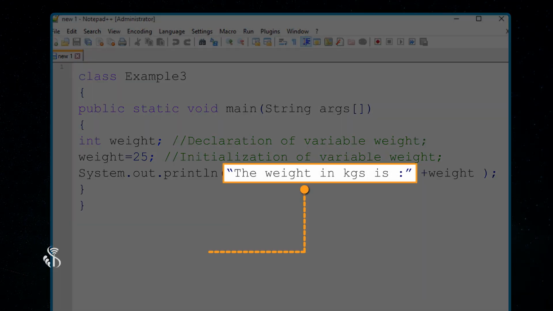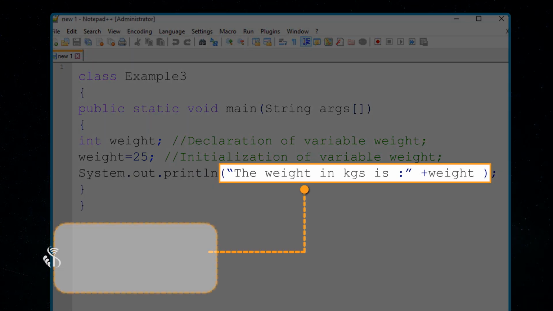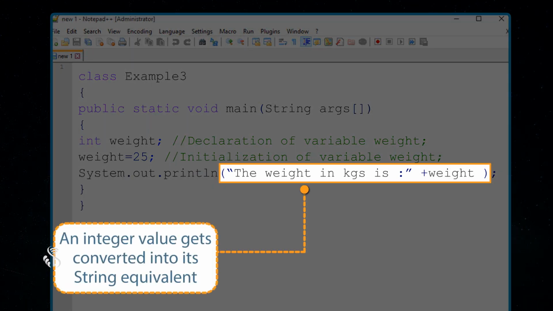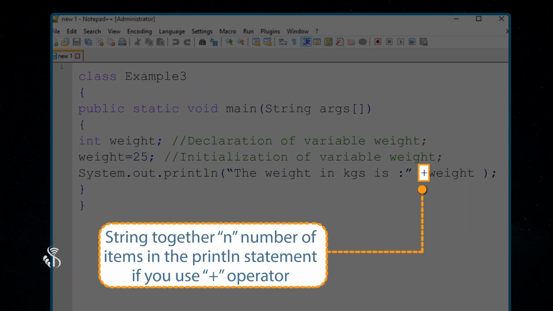Here in this example, we have the string "The weight in kgs is". The weight, which is an integer value, gets converted into its string equivalent and gets appended to the preceding string. We use plus to do the same. You can string together any number of items in the println statement if you use the plus operator.